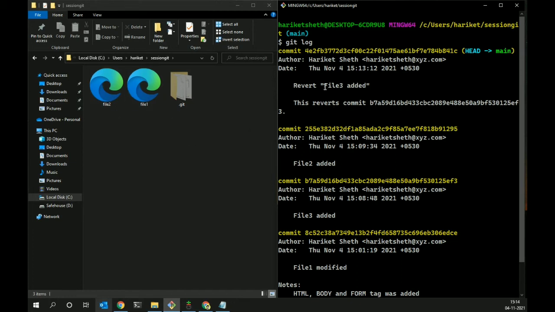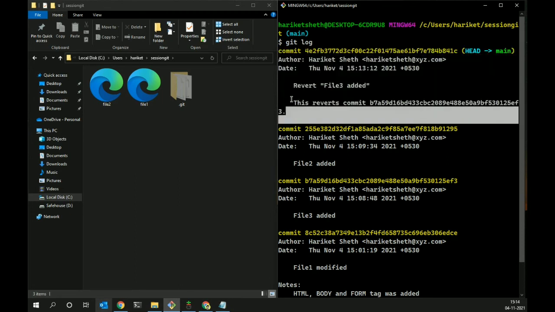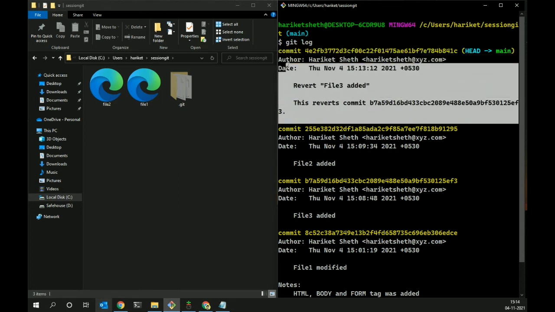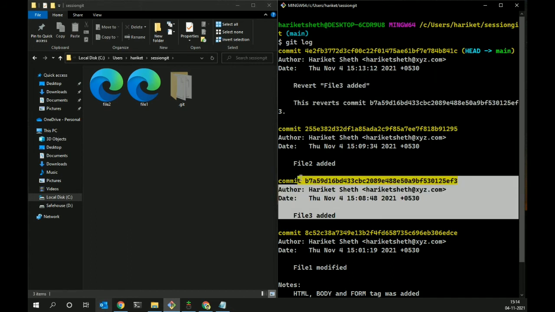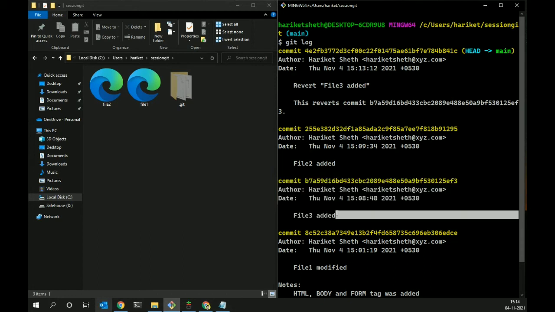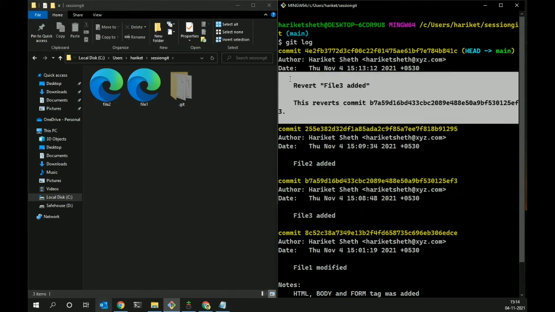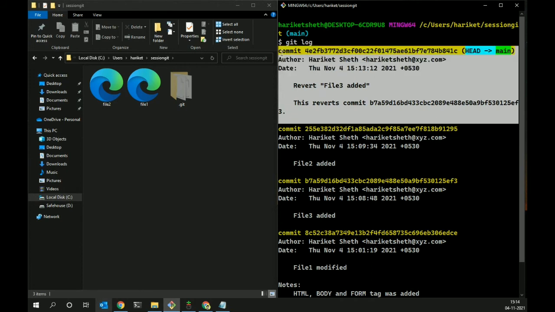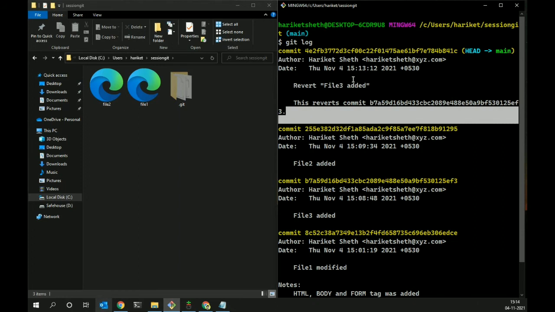You should also note that a new commit was made for this. A new special commit was made. We didn't make this commit, it was automatically made. You reverted this particular commit, and changes were reverted, like file 3 was deleted. The opposite of that happened. We added, so reverting it deleted that file, and a new commit was added for that as well. So you saw that it reverted.